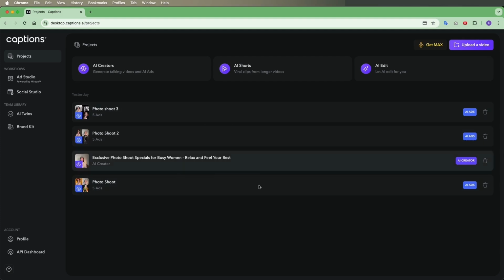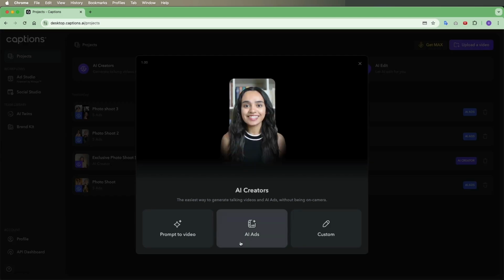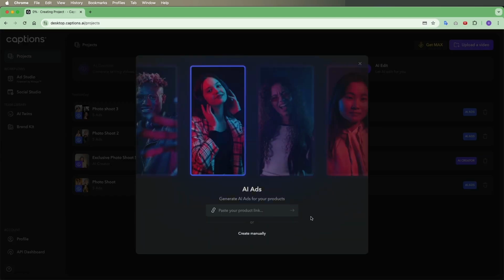So these are my experiment. I have tried it several times to get it to the way I want. Finally, I get it. So I'm going to click this and I'm going to choose AI ads. If you have a product link, you can go ahead to use this. Just copy and paste that link. And Captions AI will go to that link to grab all the information from that page to generate a video